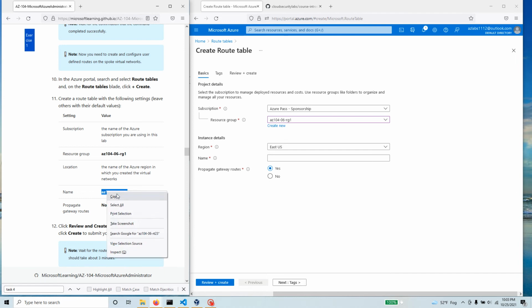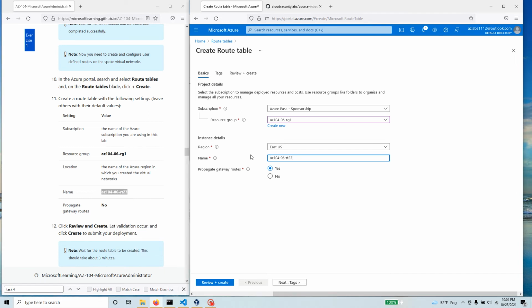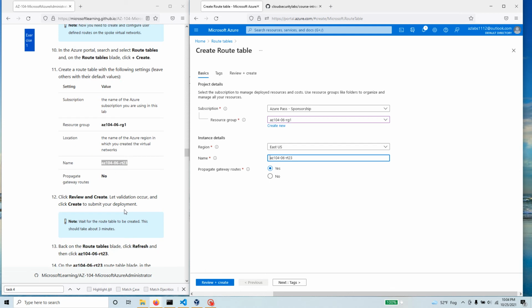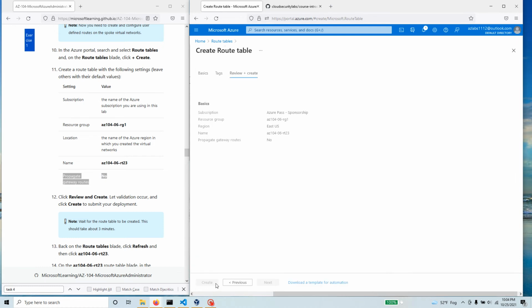And the name, I'm going to copy this one and use the one that's been used in the lab guide. So we're going to use that one. And over here, propagate gateway route, for now I want to say no. Okay, and if you read this, select no to prevent the propagation of on-premises routes to the network interface in associated subnets. Okay, so I'm just gonna stick to the lab for now, and that is gonna give me a route table. I'm gonna hit create,